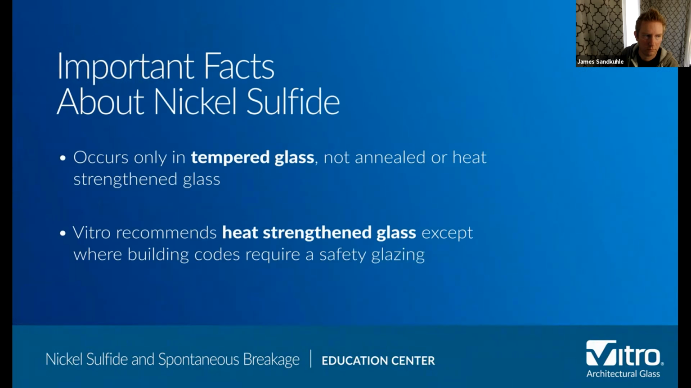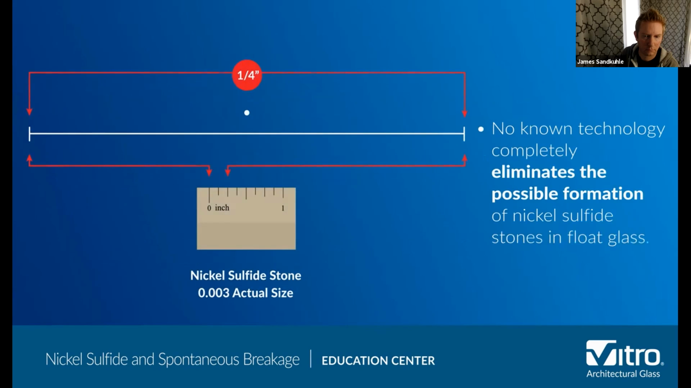First, spontaneous breakage caused by nickel sulfide stones occurs only in tempered glass, not in annealed or heat-strengthened glass. For this reason, Vitro Architectural Glass recommends heat-strengthened glass whenever heat-treated glass is needed, except where building codes require a safety glazing. Next, there is no known technology that completely eliminates the possible formation of nickel sulfide stones in float